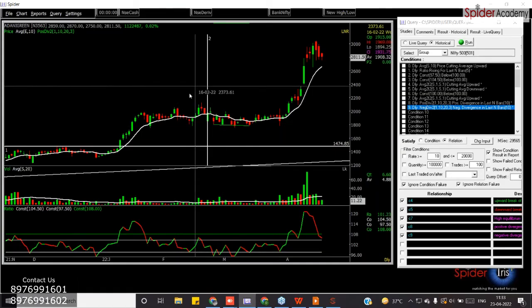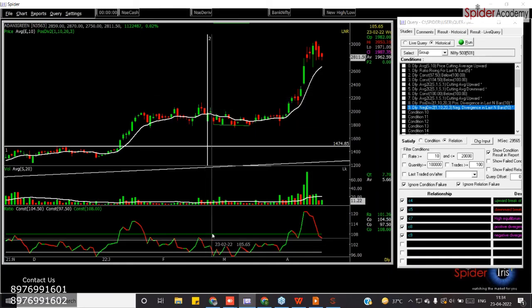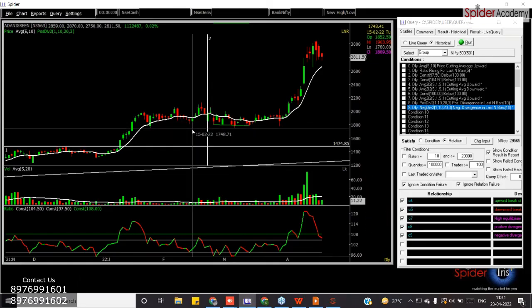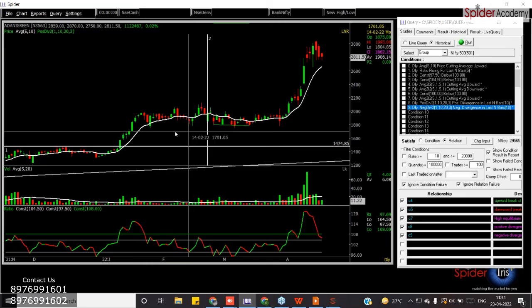If this kind of situation occurs, we will just catch the prior swing low. This could be our stop loss, a little bit below this. Or you can simply select the low of this level and subtract the ATR value, that is the average true range of 14 days. You simply take the 14 days average and subtract that value from the low and you'll get your stop loss. Probably this could have been your stop loss, considering you have looked at the value of the ATR.